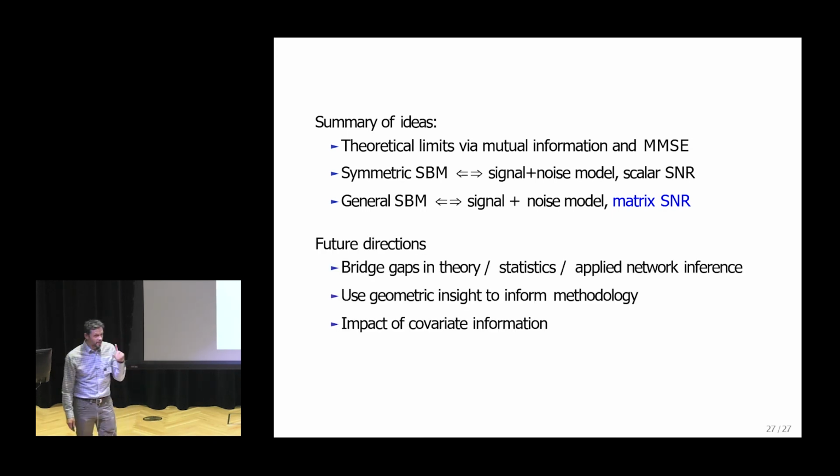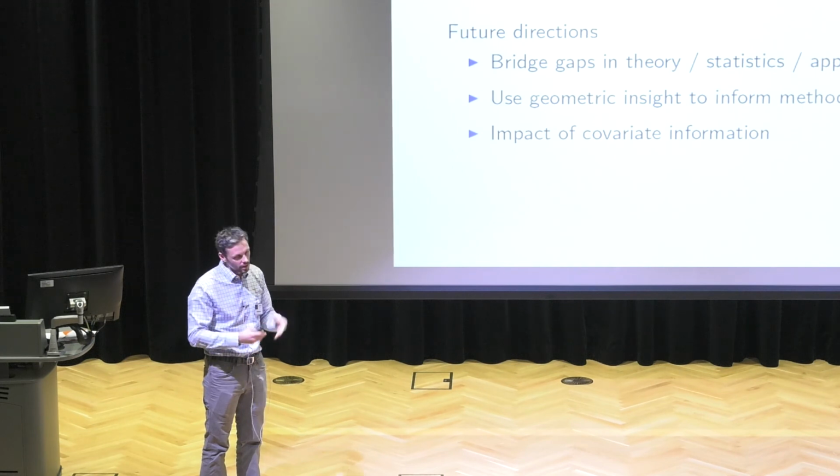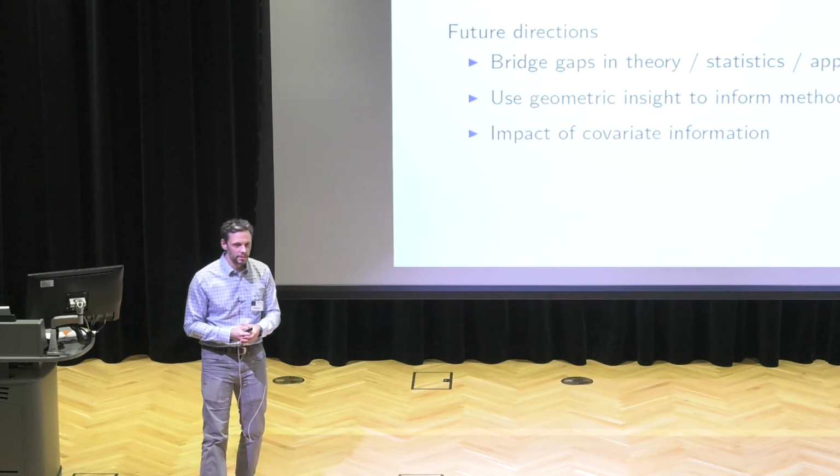I also think there's a lot of connection here, which I didn't get a chance to talk about, which is what people actually do in practice: they might use a spectral method. When you do spectral clustering, you see in the decomposition that what comes out looks like a Gaussian mixture model. In fact, we can relate the Gaussian mixture models obtained here to what you see in spectral clustering, especially in high SNR regimes. It converges to known asymptotic theory there as well. So I think there's hope that this will help inform practice on some of these problems, maybe to some extent. All right, I think that's all.